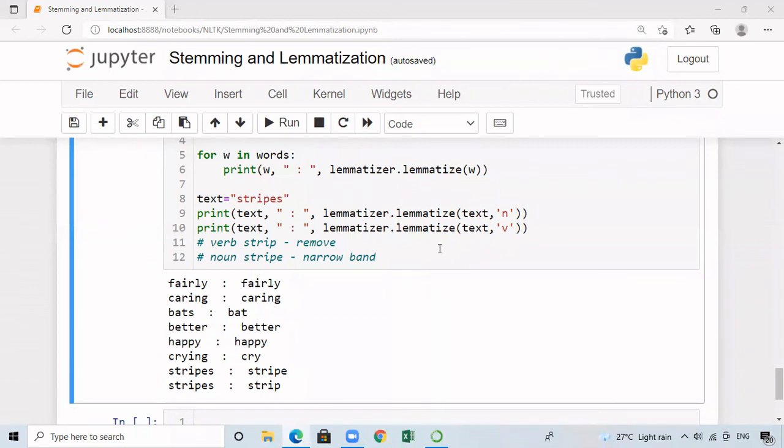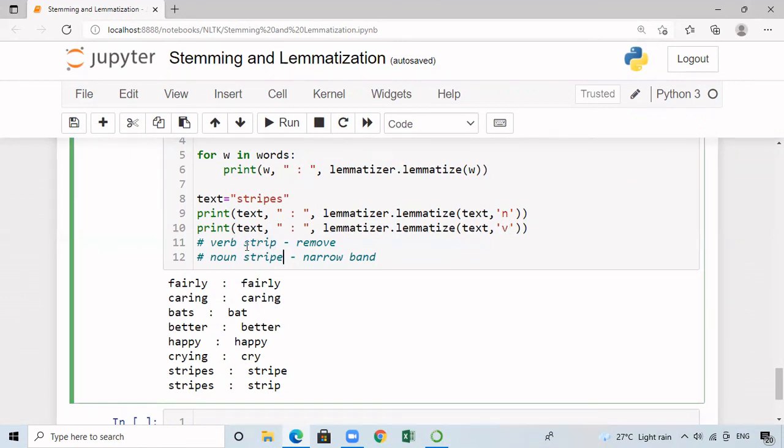When we call the lemmatization function, we can specify the context we want to have. For example, let us consider the text stripes. When I'm calling lemmatization, the first time, I'm specifying the second argument as n. N is nothing but I want to treat that as a noun. And in the second call, I'm specifying v, it is for verb.